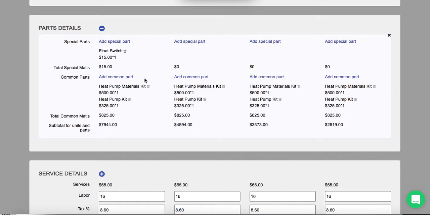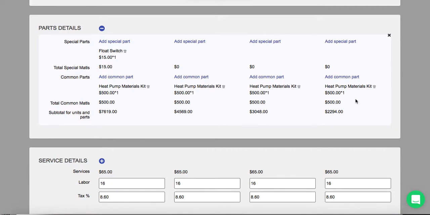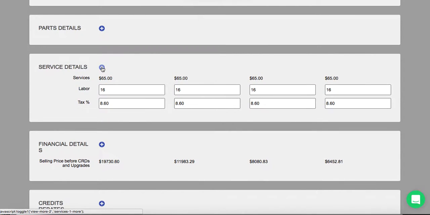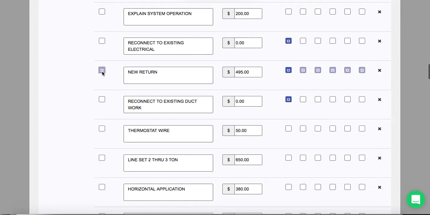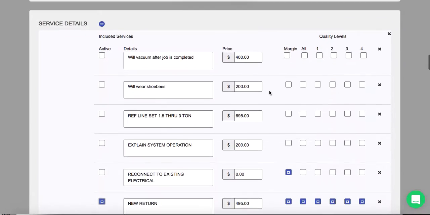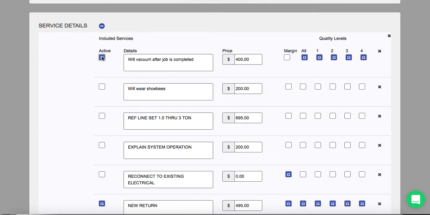The little trash can will allow you to take them away. So if you want to delete them, you just click on the trash can and they go away. The minus, you can contract that area. Service details, these are actions we're going to do on the job. Maybe we're going to add a new return. And when you add it, you're going to activate it to here, and it's going to add it to every one of them. If there's a value here, it has $400,